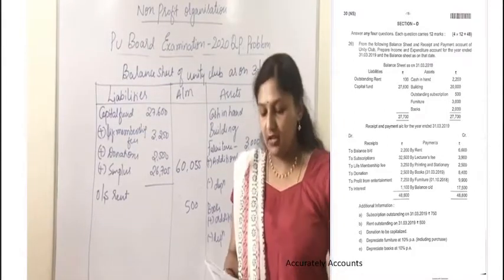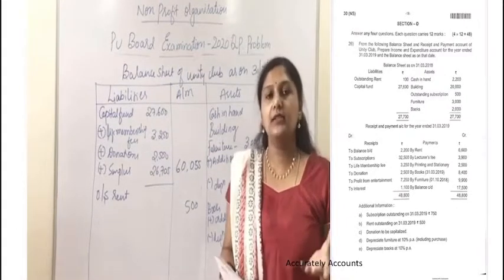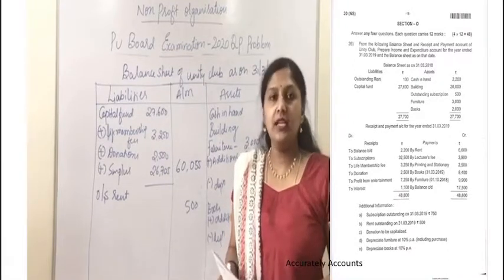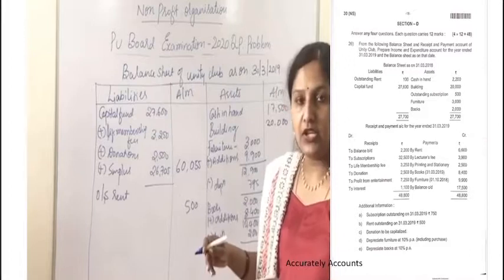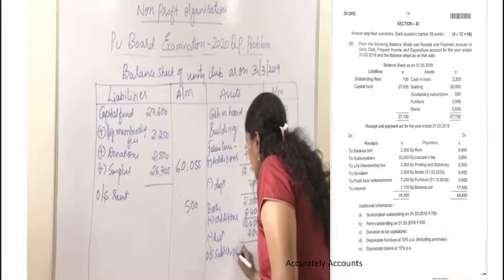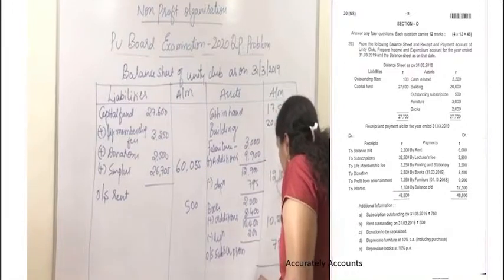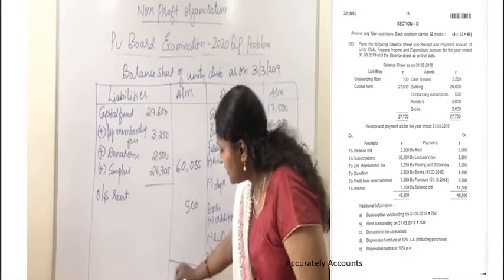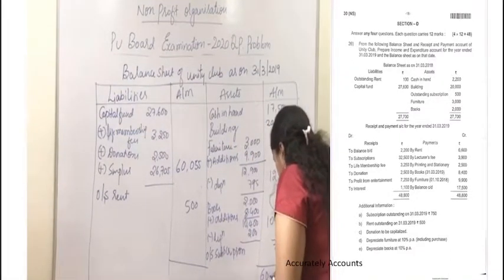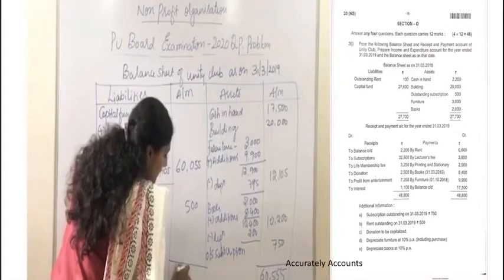After considering the furniture and books, now we need to treat the outstanding incomes, that is the accrued incomes. According to this particular problem, we have only one accrued income, that is related to the subscription. Subscriptions outstanding for the current year. So I'm going to write it here, outstanding subscription. The value of outstanding subscription for the current year is 750. Now if we add on both sides, the balance sheet needs to tally, and here the total of the balance sheet is 60,555.